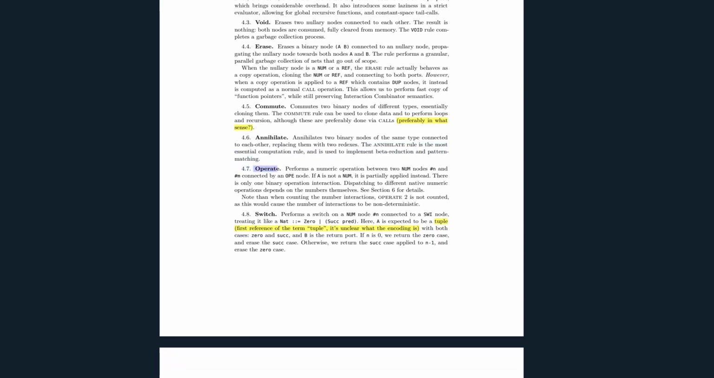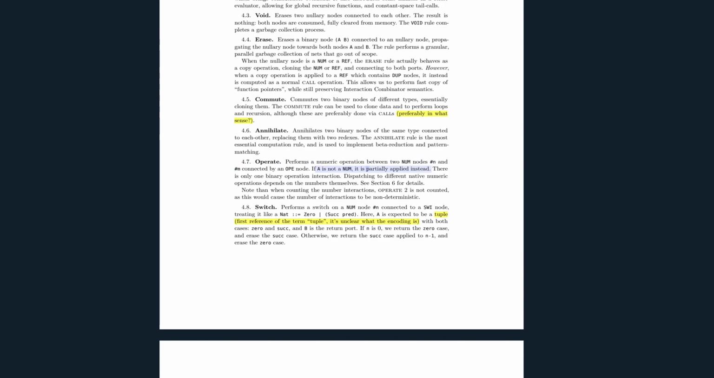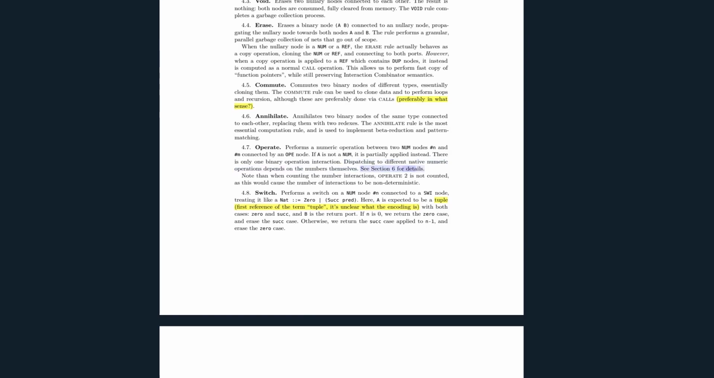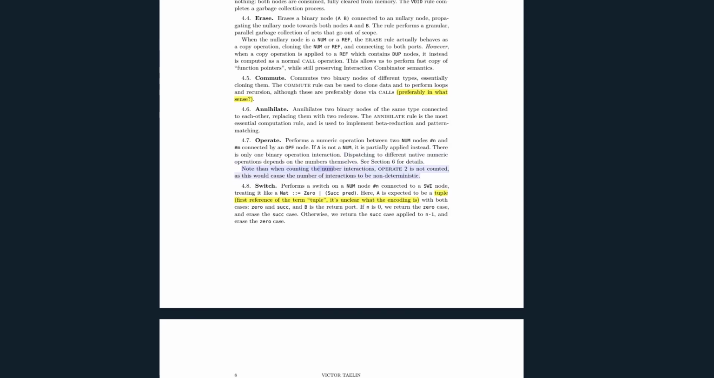4.7 Operate. Performs a numeric operation between two NUM nodes #n and #m connected by an OP node. If it is not a NUM, it is partially applied instead. There is only one binary operation interaction. Dispatching the different native numeric operations depends on the numbers themselves. See section 6 for details. Note that when counting the number of interactions, operate 2 is not counted, as this would cause the number of interactions